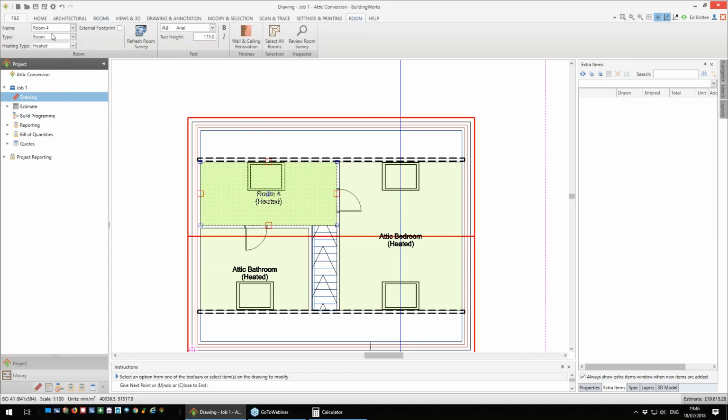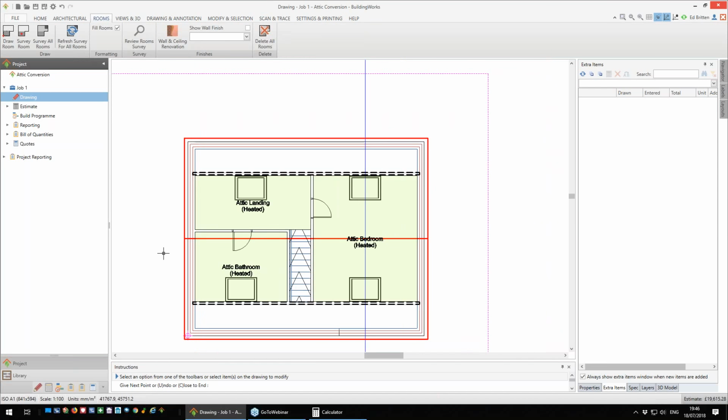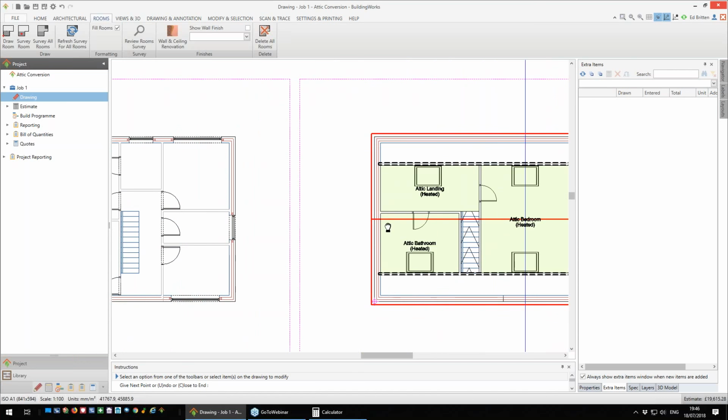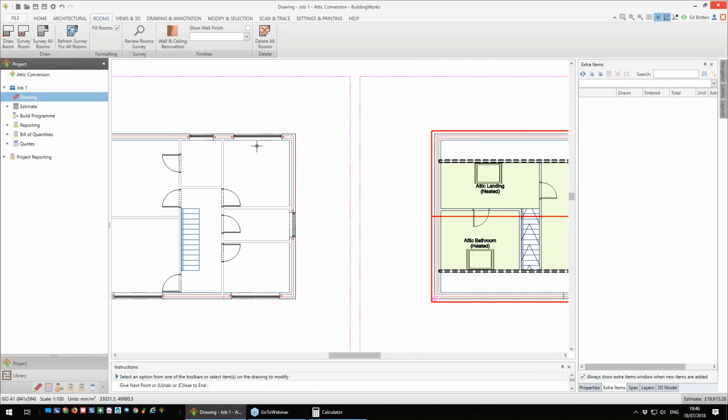So again, I'm going to rename this, and I'm going to call it Attic Landing. Now, the reason we've done this is because we want to do wall and ceiling renovation tasks, and we do that all through the Room tool. Now, if I just nip to the downstairs, if we were doing some renovation work in one of these other rooms, we could survey a room and we could then do all sorts of different renovation tasks to lots of different walls within the room,